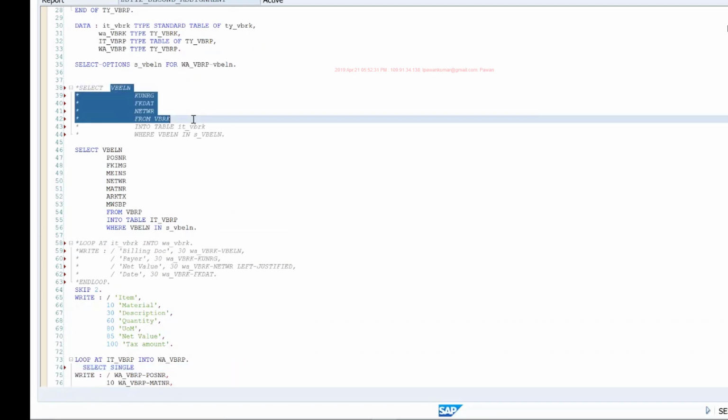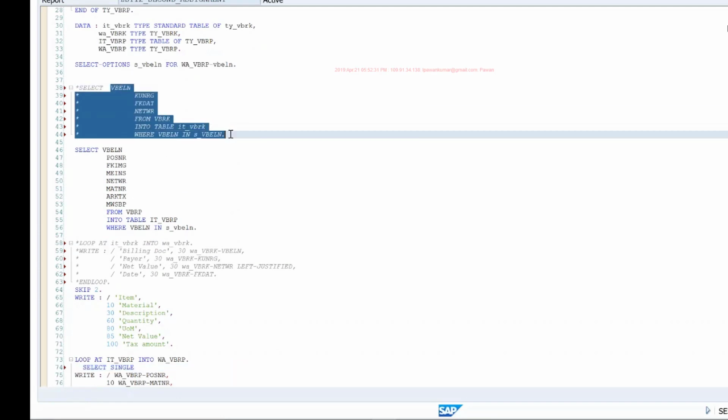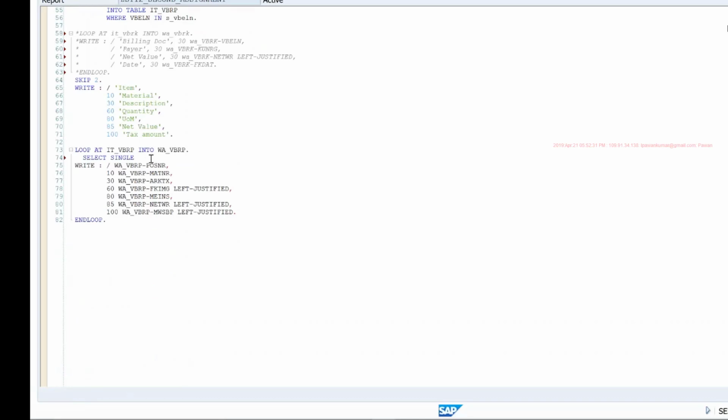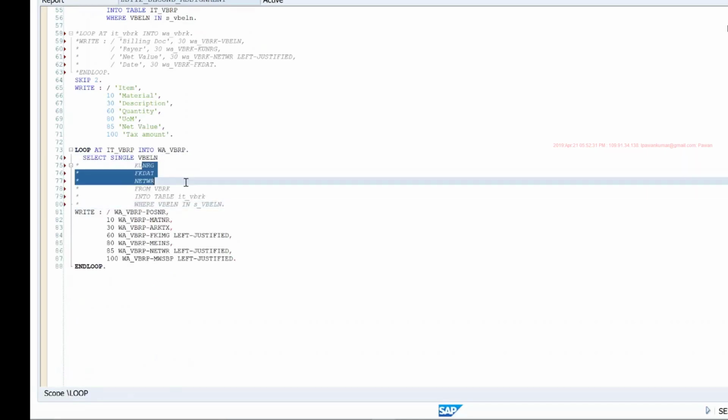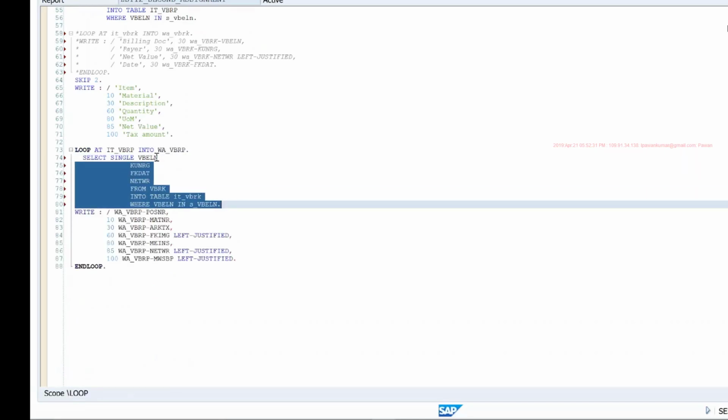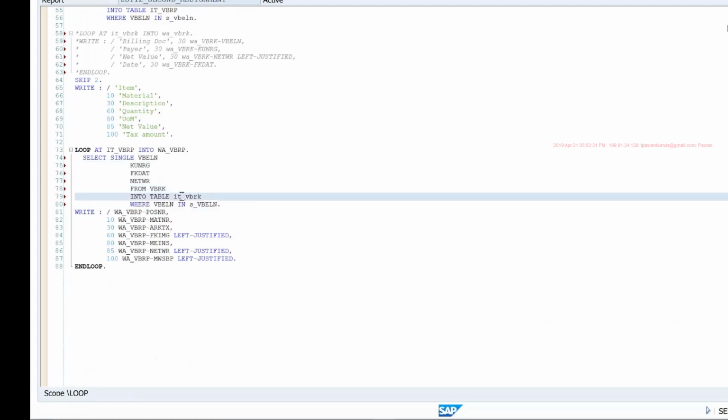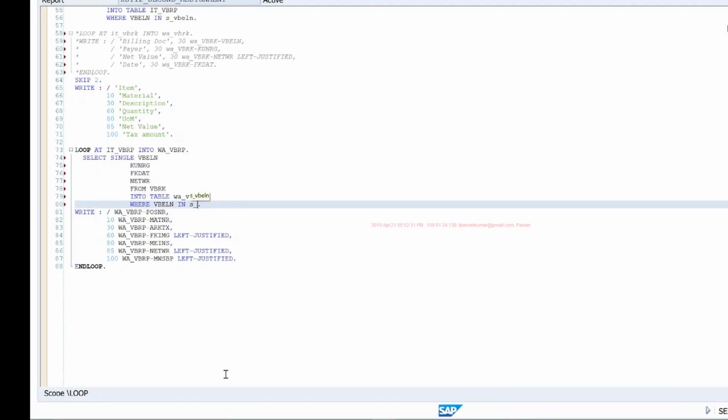Select single these fields from VBRK into WA_VBRK structure, where VBELN equals whatever VBELN I'm processing currently. So that is WA_VBRP-VBELN.